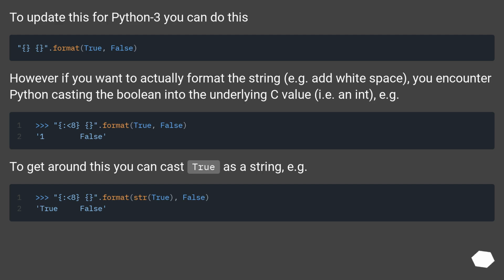To update this for Python 3, you can do this. However, if you want to actually format the string, for example at white space, you encounter Python casting the boolean into the underlying C value, i.e. an int, for example. To get around this, you can cast True as a string, for example,